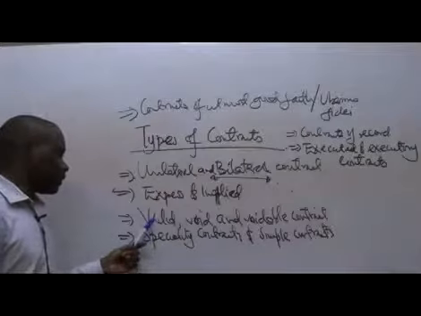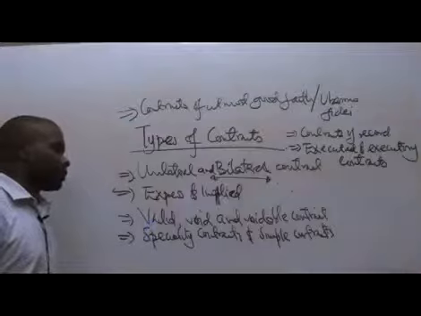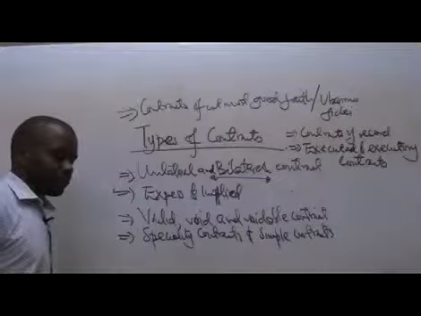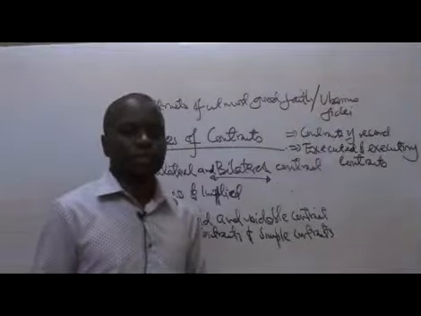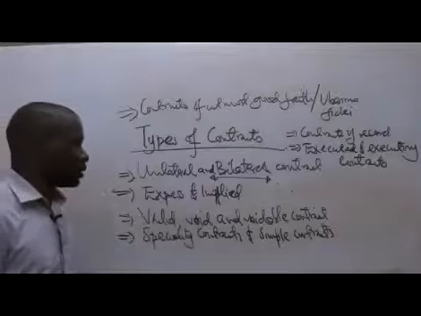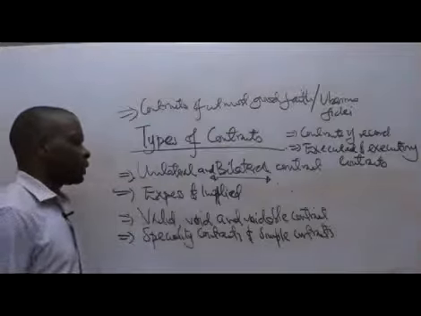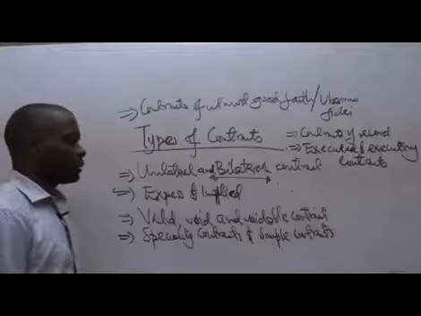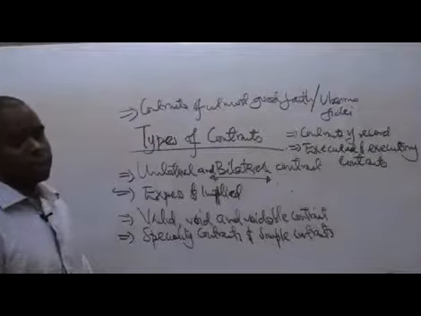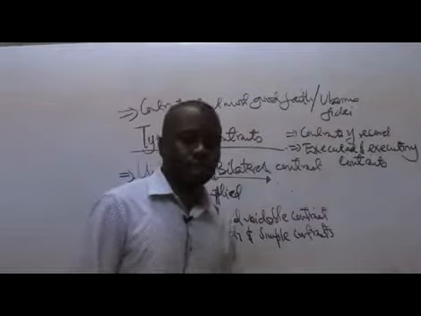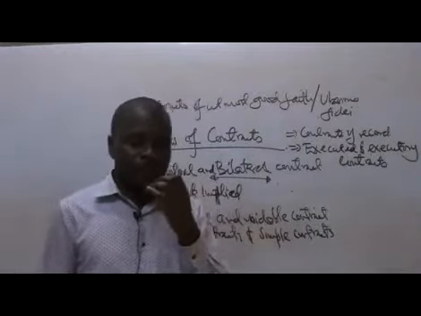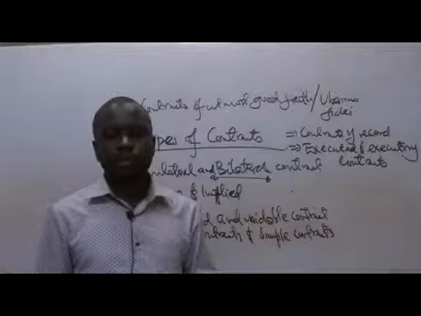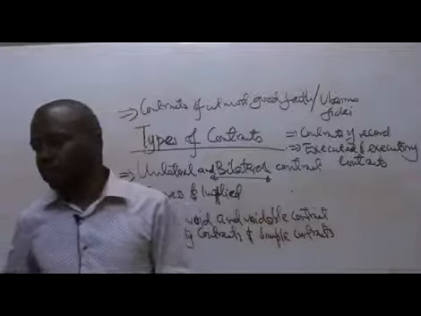So the contract will be termed as being a void or simply an invalid contract. So if it is valid, the essential elements are actually present. If it is void, it simply means that it doesn't have the essential elements of a contract. So it is a void contract or an illegal contract. Voidable is basically one where one of the parties has an option to avoid such a contract. So if you have the option under the terms, then we can term such a contract as a voidable contract.